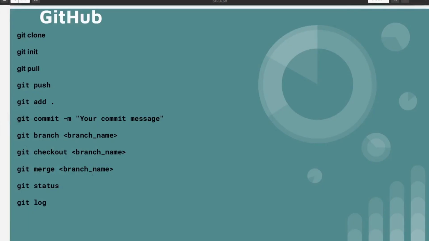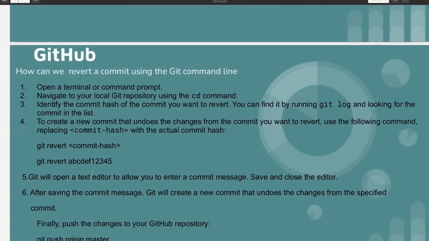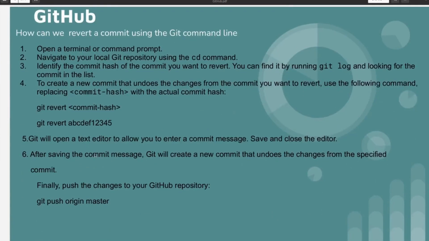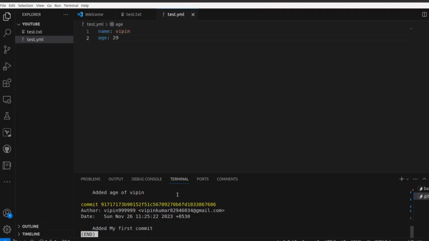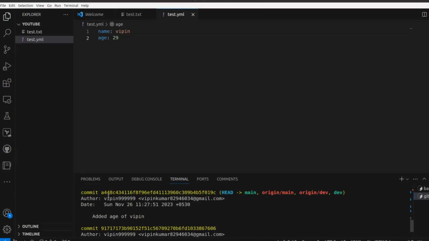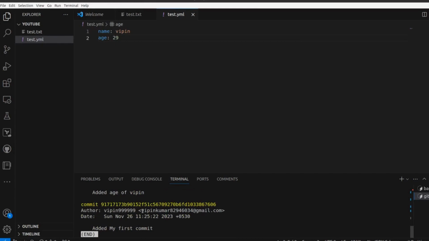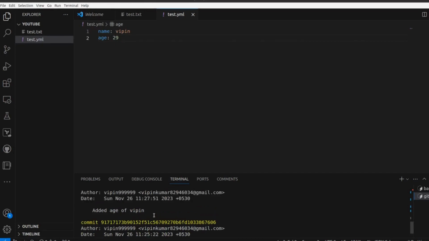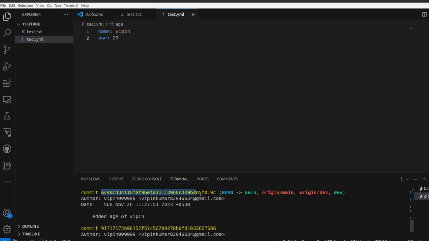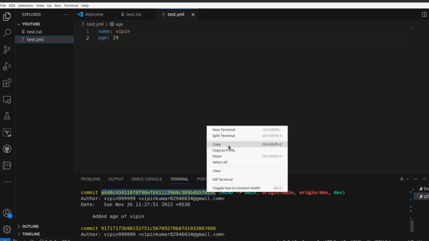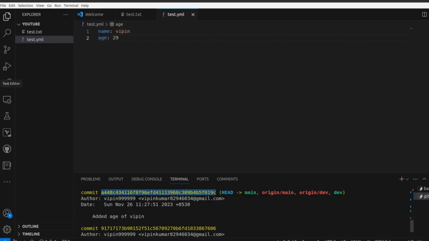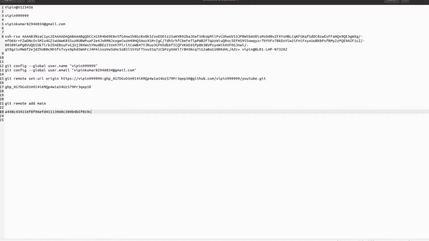Apart from it, we will look at how to revert a commit using a git command. Suppose we have just made a commit, and by mistake we have committed something. How can we revert that commit?